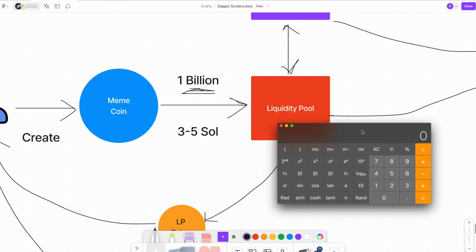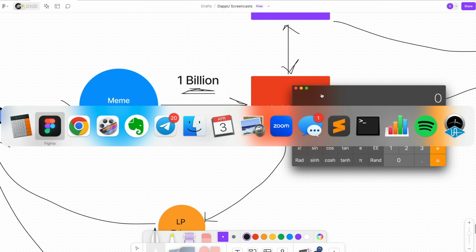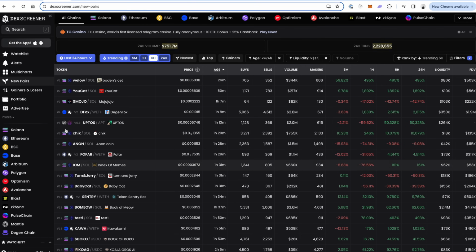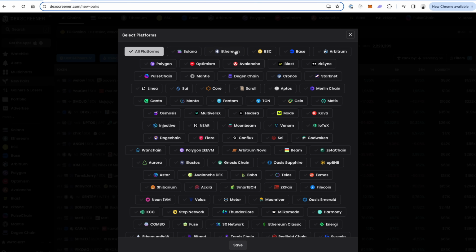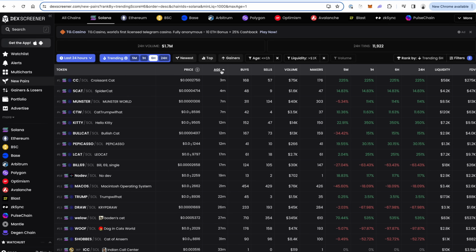Now, that's just to get started. Bots and other people who are watching Dex Trainer are going to start buying these coins instantly, and literally in the first few seconds, the market cap of the coin can go way beyond that. So if we look at other coins, let's just look at new pairs. Let's do the filter of 1 hour, platforms, Solana, click save, and we look at the age.